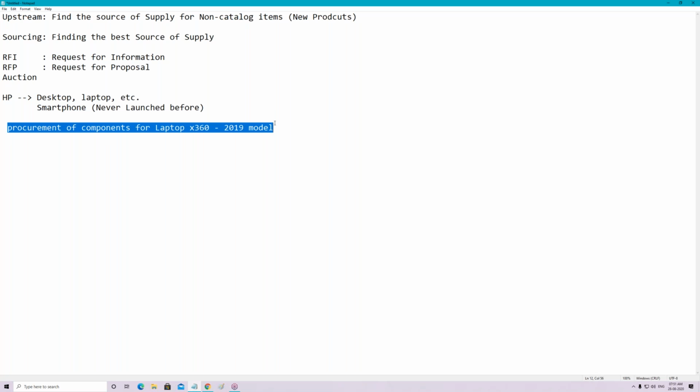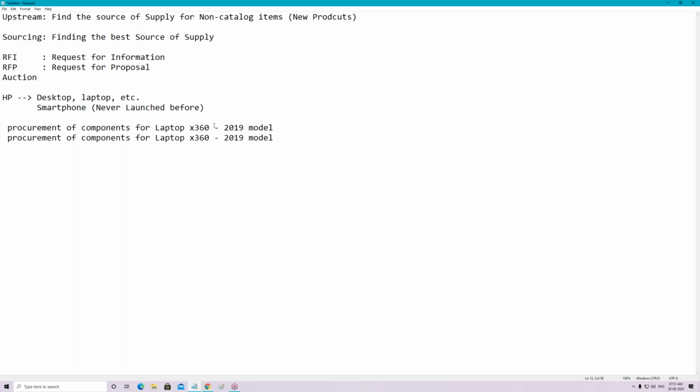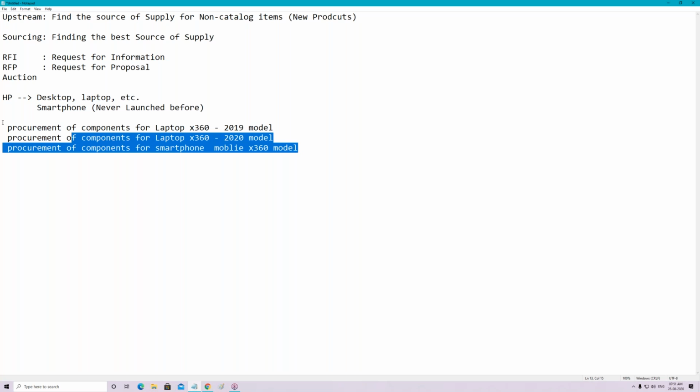Let's look at the second scenario. Okay, third scenario. Now, these are basically the three scenarios which let's say your HP is giving over there.